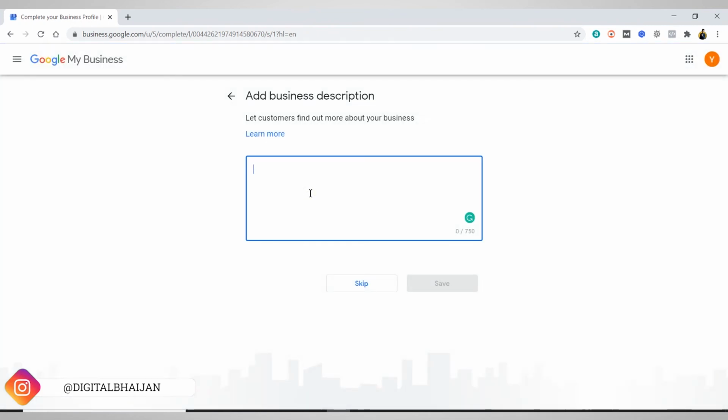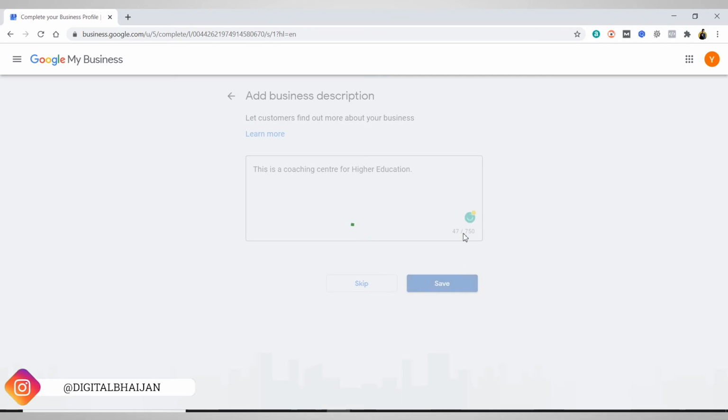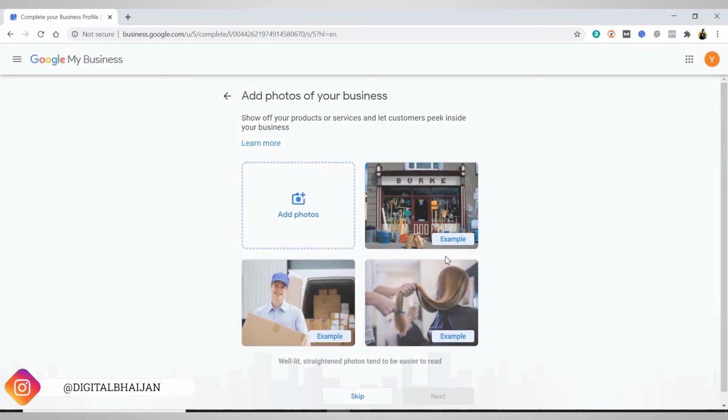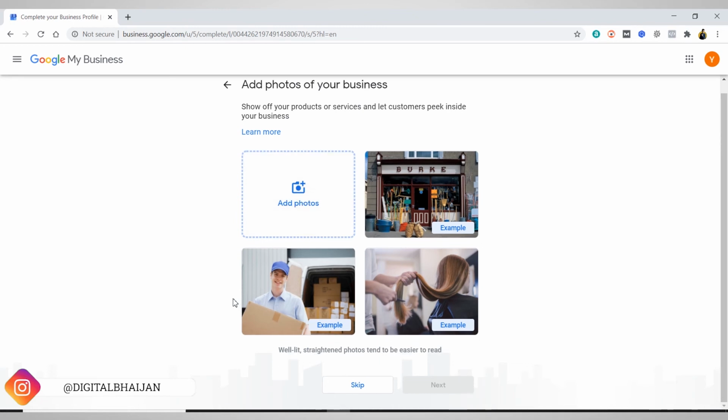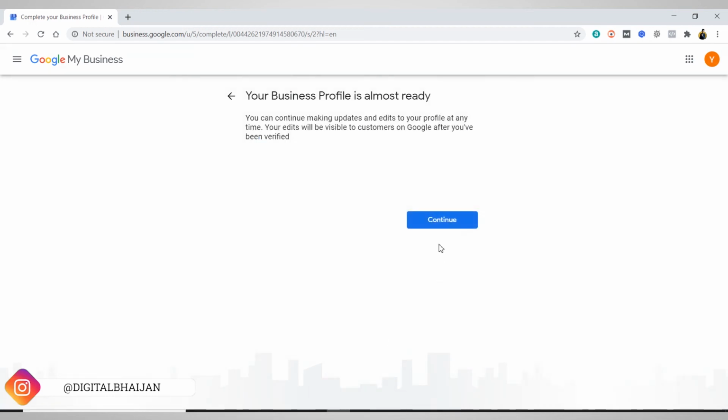This is a coaching center, so I'm writing just a sample. Okay, now click on save. You can add your store photos, your employees' photos and any other type of photos here, but for now I'm not adding any photo. Just click on skip, and your business profile is almost ready.